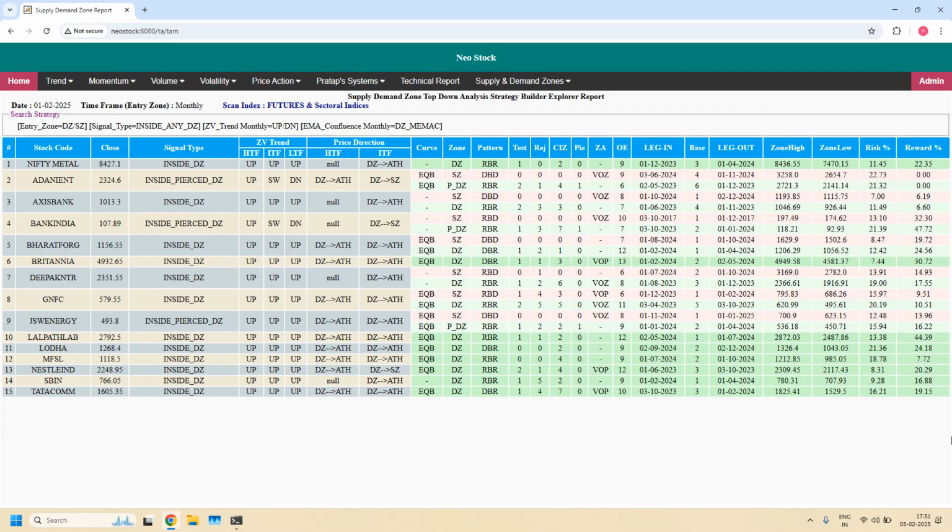With these filters, from 35 stocks, the list has come down to 15 stocks. And all these 15 monthly demand zones are having monthly EMA confluence. Always look into this search strategy. You will understand how we are filtering the stocks. Okay, next,